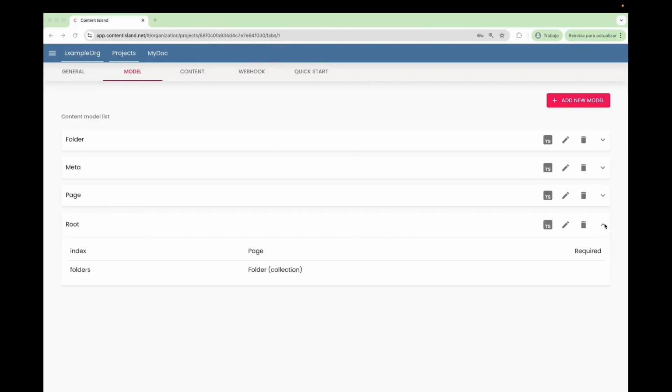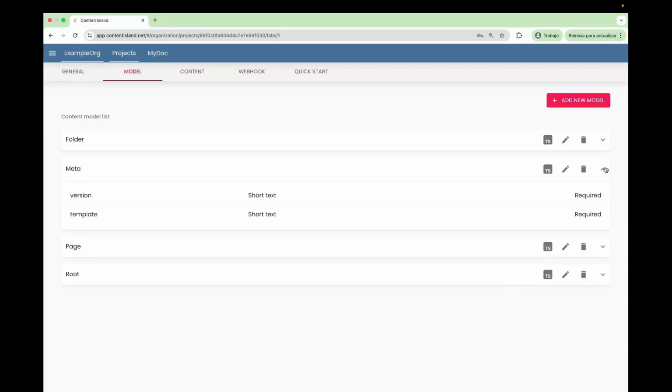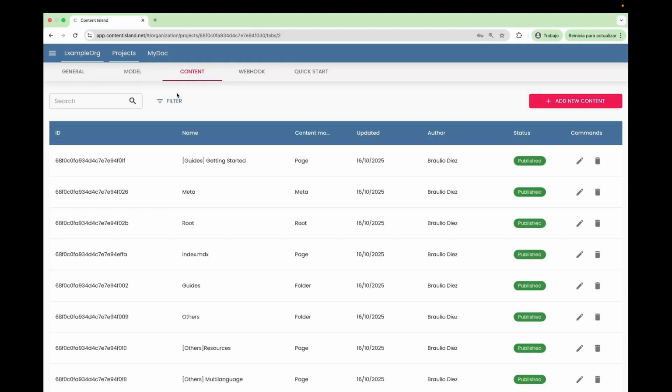There's one entity I haven't mentioned yet, and that's the meta entity. That's because normally we never have to touch it. It's internal information that contains the name of the template being used as well as its version. Normally, we never modify it. If we go to the Content tab, we can see that we have